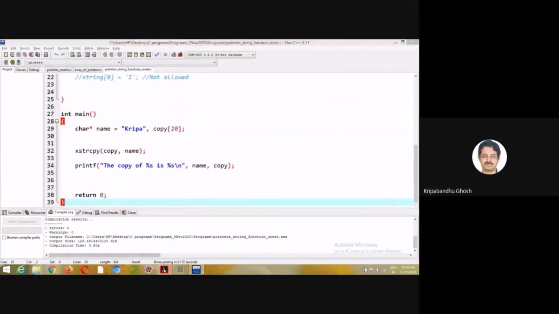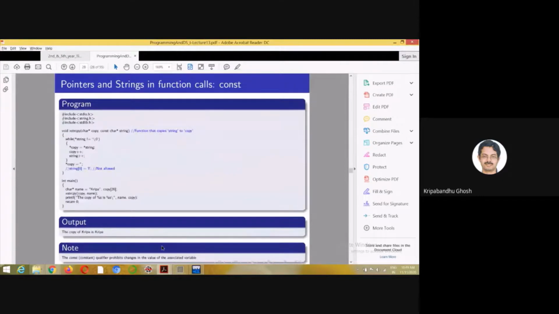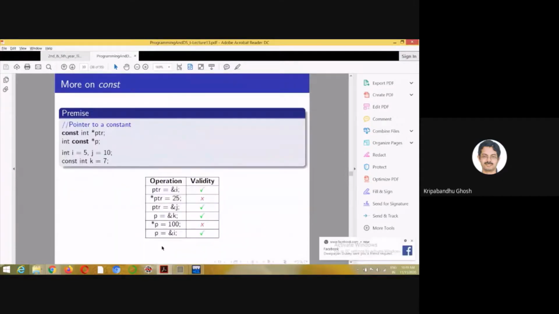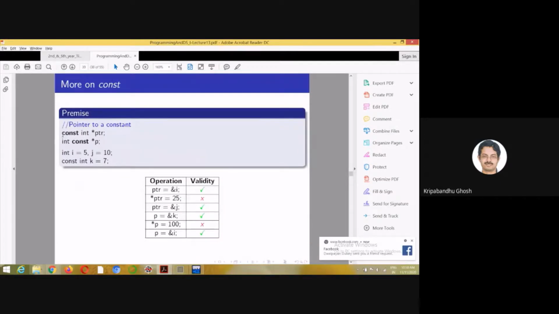So let's look at the different notions of constant. Constant is a qualifier which is put before data types.